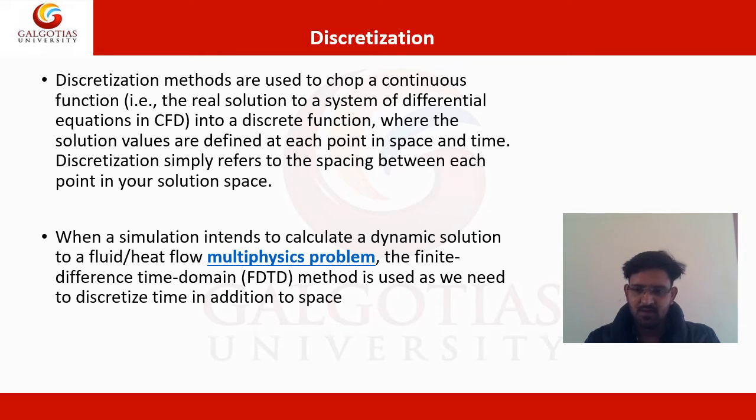So when we have the values at each different point in the space, what is our solution space? In the solution space we don't have the continuous value at each and every point, but we have the values at some discrete points. Means if our solution space is continuous, we don't have values at all possible points that are available, but we have the solution at some discrete values. So this is the discretization, breaking the continuous system into small finite elements.